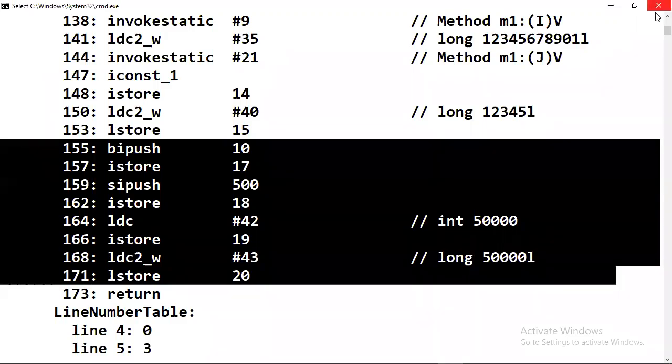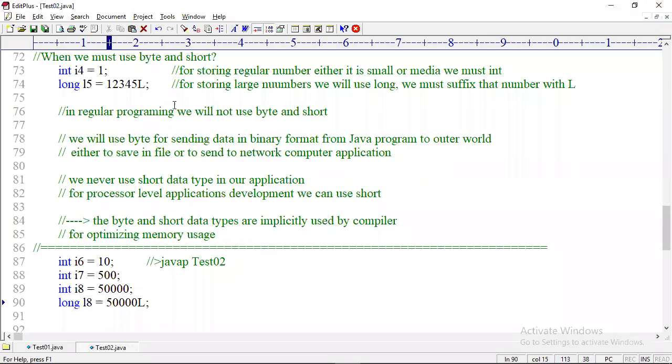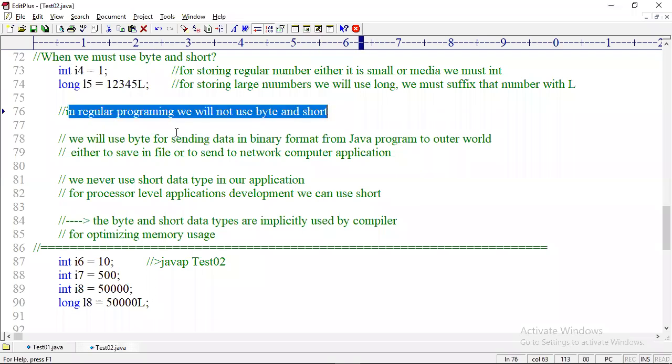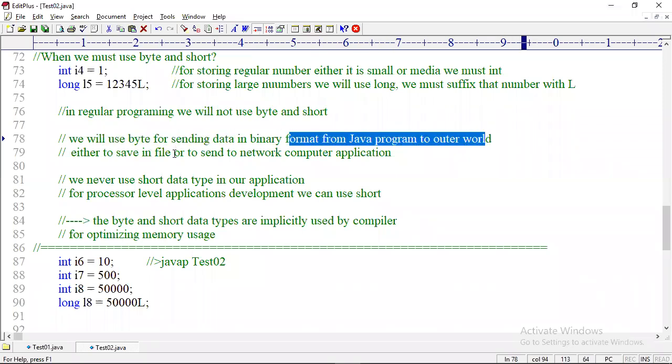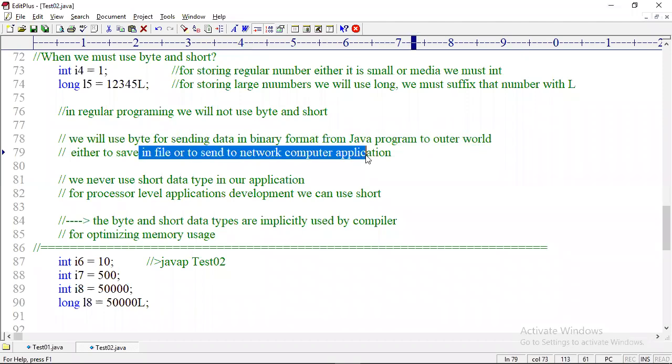So the final conclusion: in regular programming, for storing regular numbers, even small or medium, we use the int data type only. You never see byte and short directly used in programs. Second, for storing large numbers, we use the long data type and the number must be suffixed with L. We use byte only in the situation of sending data in binary format from a Java program to the outside world, either to save in a file or to send over the network.